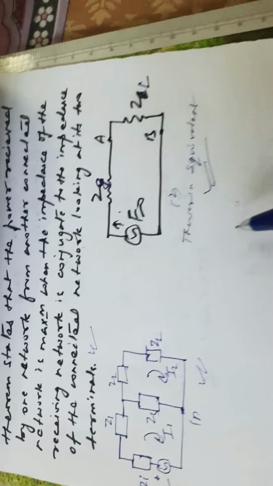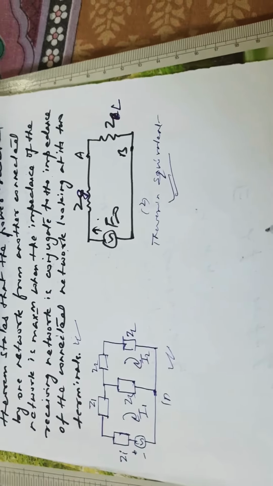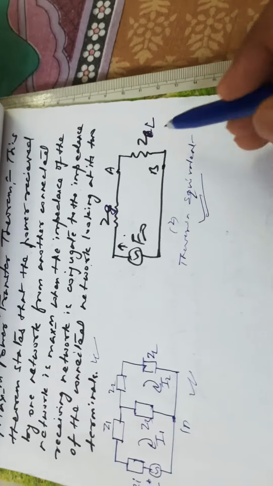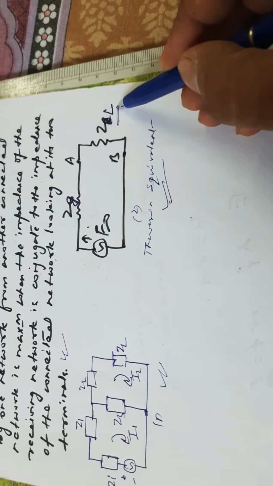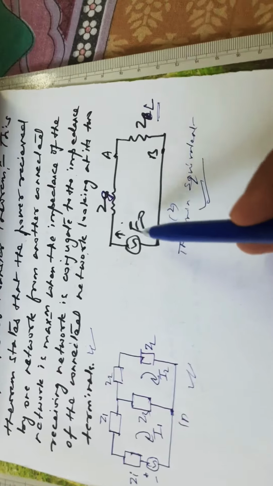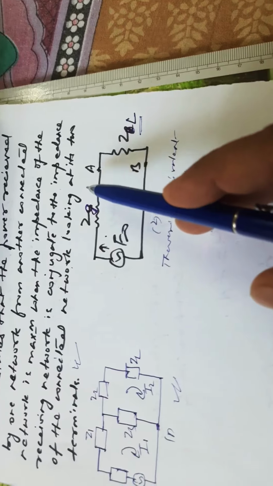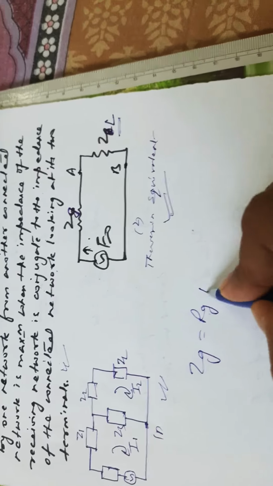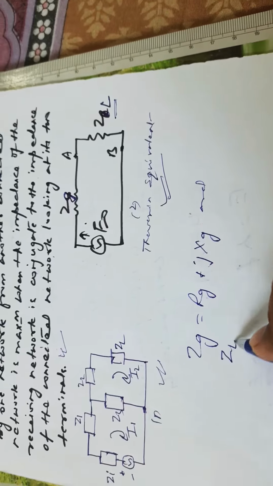Now we need a proof of what has been mentioned in the theorem. We'll consider that the load impedance ZL is connected to an AC voltage E naught, with internal impedance Z subscript G. So we'll write Z subscript G equal to R subscript G plus j X subscript G, and ZL equal to